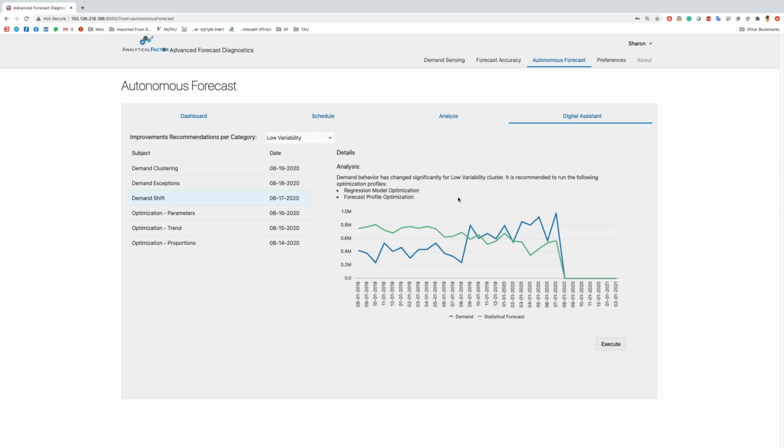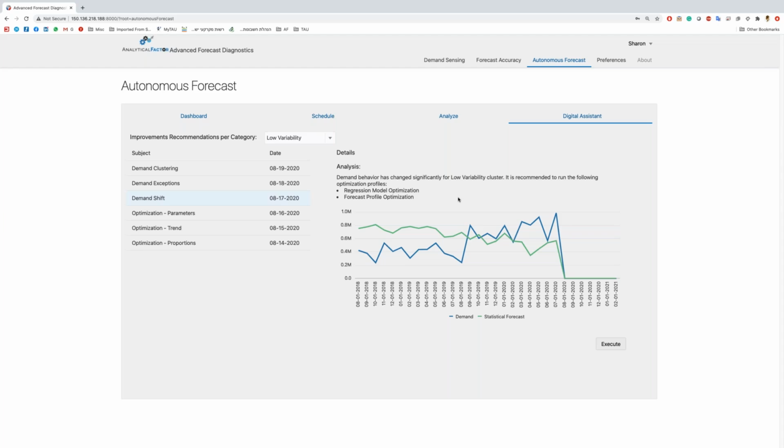It doesn't understand the regime change, or the demand change, if you will, from 2019 into 2020. Based on that, it recommends that I run two different optimization profiles that can potentially resolve that challenge.